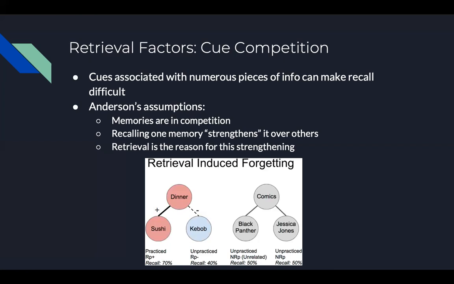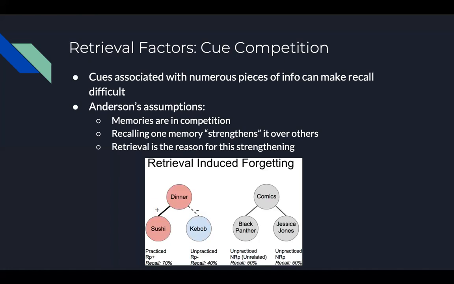And so what these studies with word pairs found when these word pairs involved these multiple cues, right? The first word of the word pair was involved across different word pairs. It wasn't just that dinner sushi was on its own and dinner was never repeated, but rather dinner came to be associated with other words. And so in these word pair studies, they found that the more frequently paired words strengthened the connection, and that there's also a decline in retrieval of the less frequently paired words.